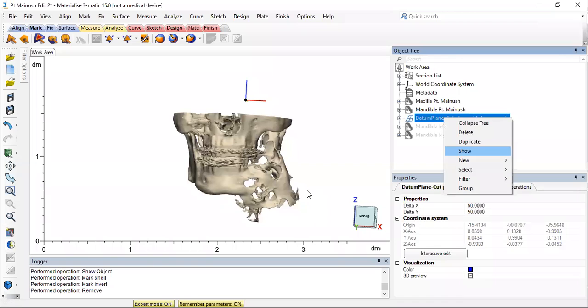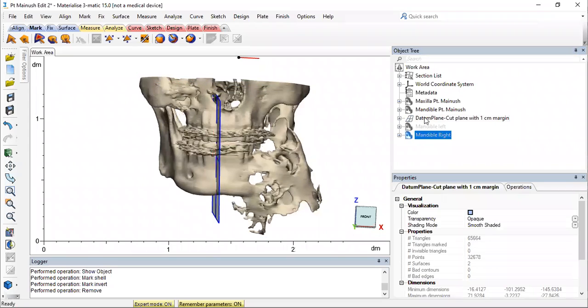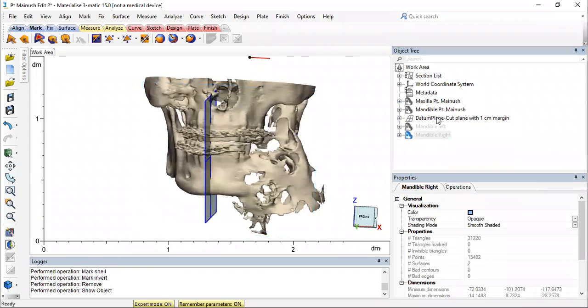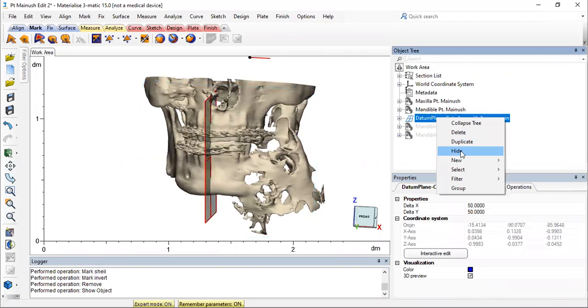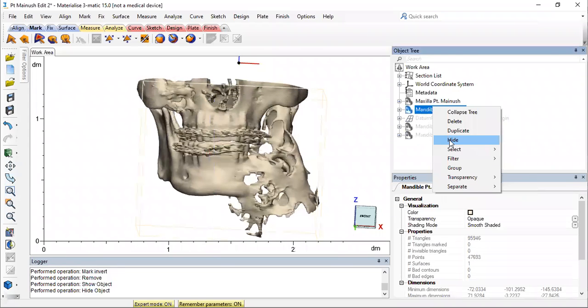So what I've done, if you can see, is I have just created a new project wherein I have copied the maxilla, mandible, and the datum plane, the cut plane basically that we did for our 1 centimeter cut, and the mandible section. We won't be needing anything other than that to start with our implant design. So yesterday we had completed a surgical guide, and we know that after,